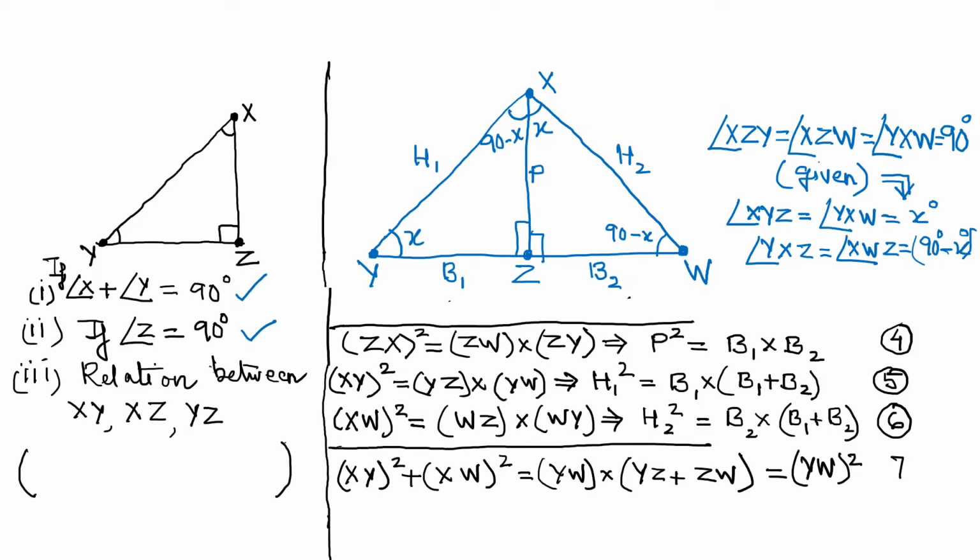So which is the seventh conclusion that we get from here, which gives us the relation between the sides, which is just like saying XY whole square plus XW whole square, which is the sum of the squares of the sides, which is perpendicular square plus the base square, basically gives me the hypotenuse square, and the hypotenuse in this case is